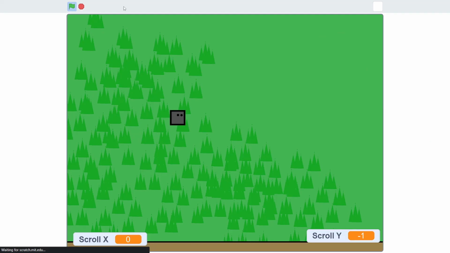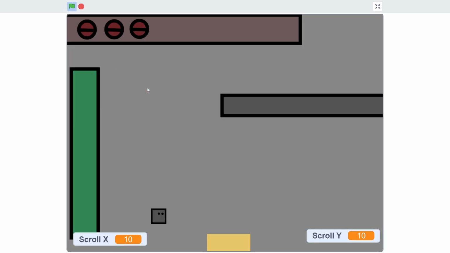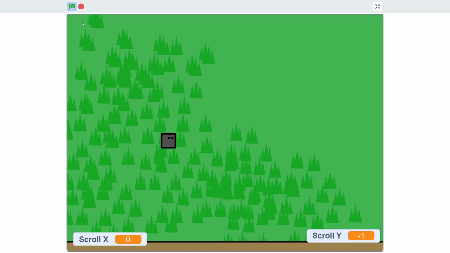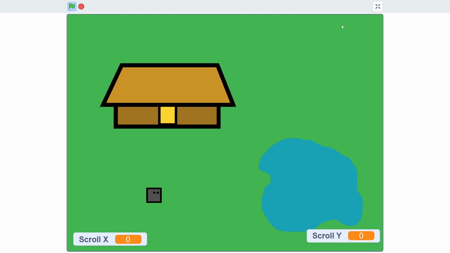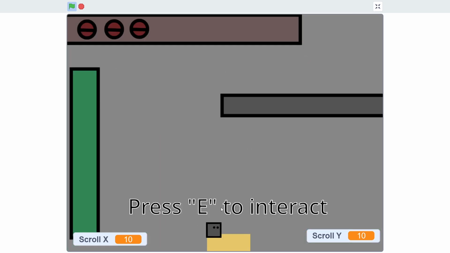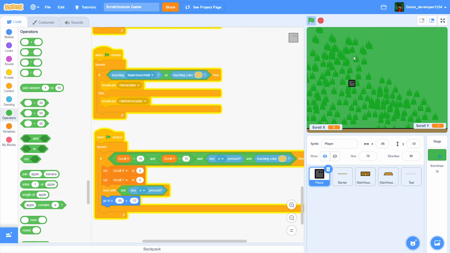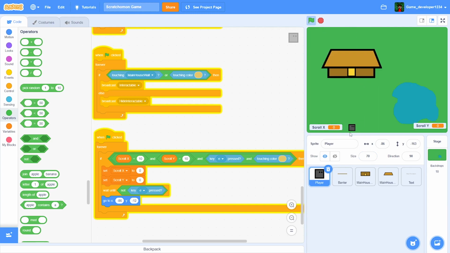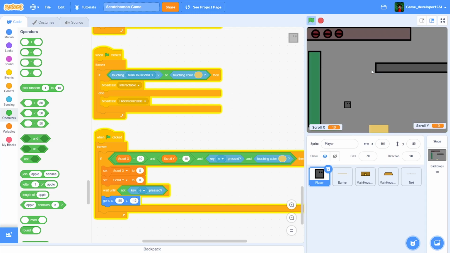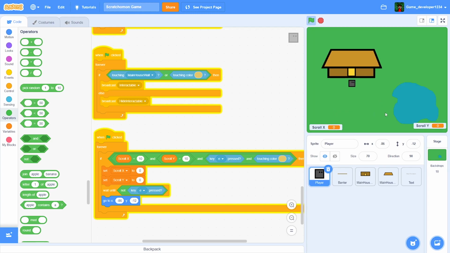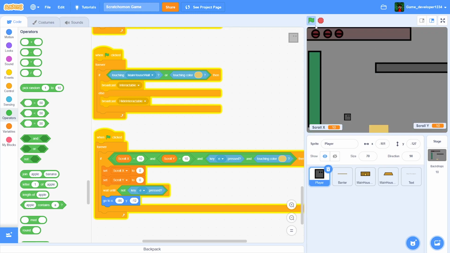And for some reason, it puts us out here. Oh, okay. I get why. So basically, when we spawn down here, all the way down here, and we're touching the edge, and we press E, it'll take us to the bottom one here, because we're technically touching the edge for that millisecond. And if we're not touching the edge, see, it's fine. So what we can do to prevent that